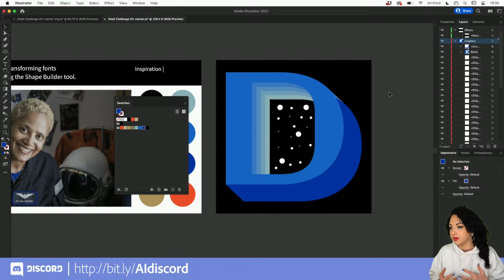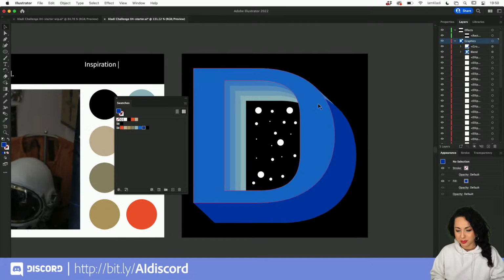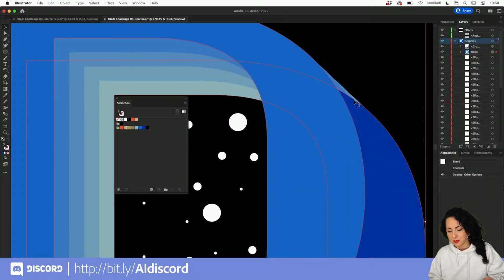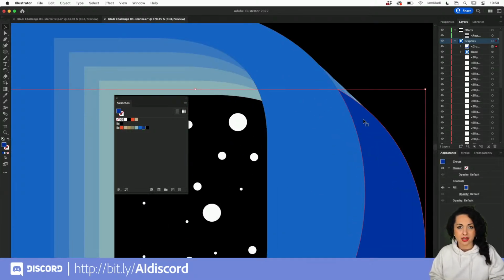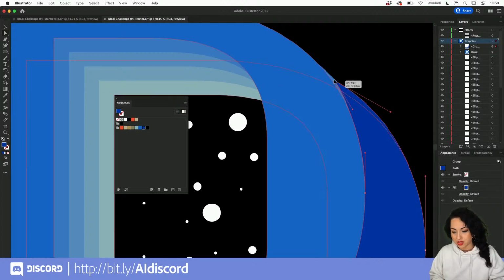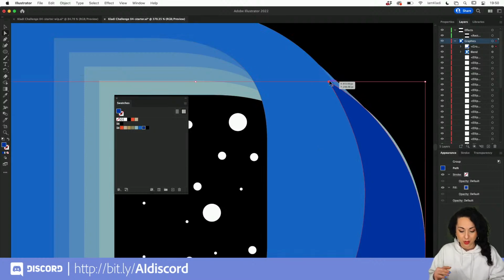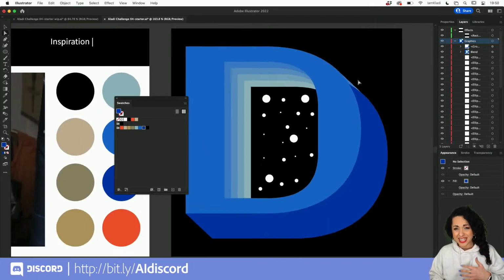Fantastic. So here we created this little 3D effect really quickly. And what I've done before, if you have some issues with the shape here, you can always enter the direct selection tool to edit the shape of each corner point, of each anchor point. So you can go ahead and select the anchor point one by one and move it around, or even faster,